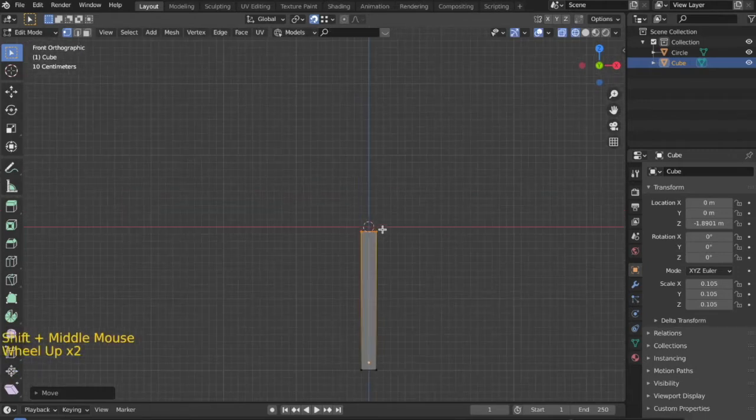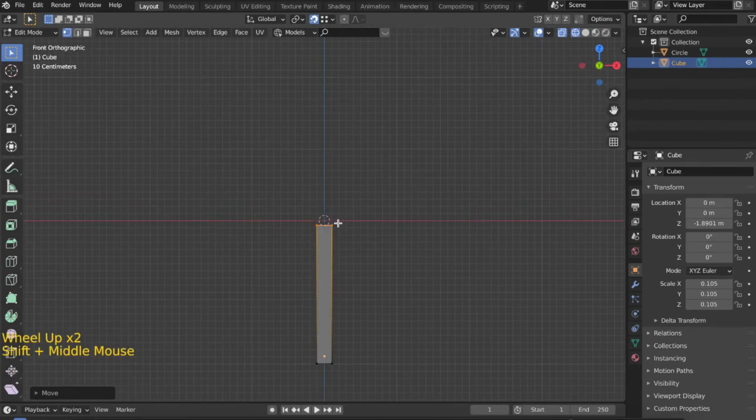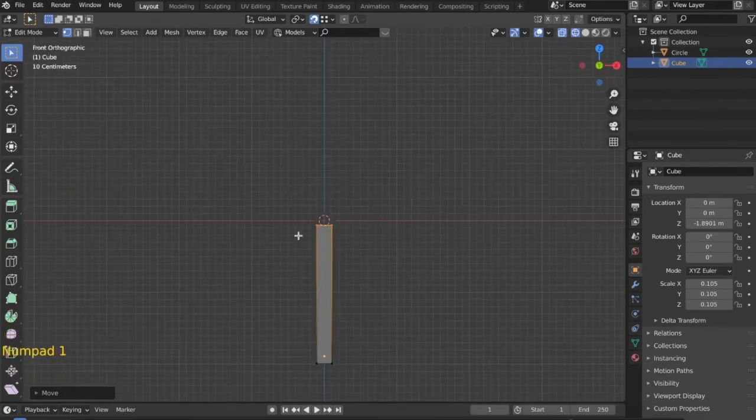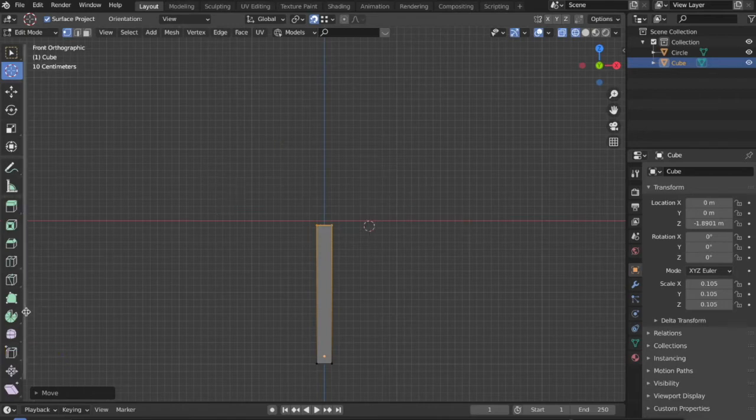So the next step is to use the spin tool. What we are going to do is spin this face along the y-axis over here so that it forms an arch. But for that to happen, we need an origin point, a pivot point where it will spin. Currently the cursor is the pivot point for that spin tool. I will go over here to the cursor location tool and place the cursor somewhere over here to give it that pivot point. Next thing is to use the spin tool.